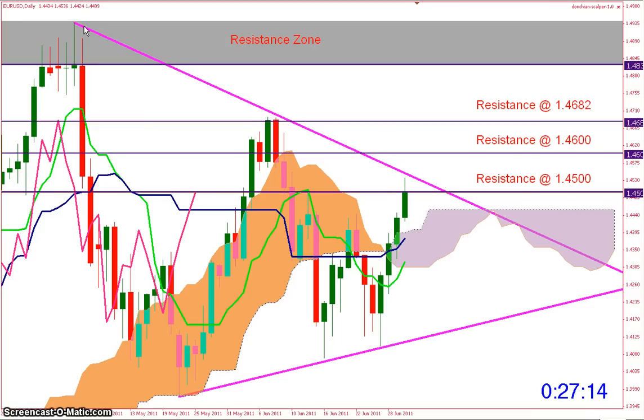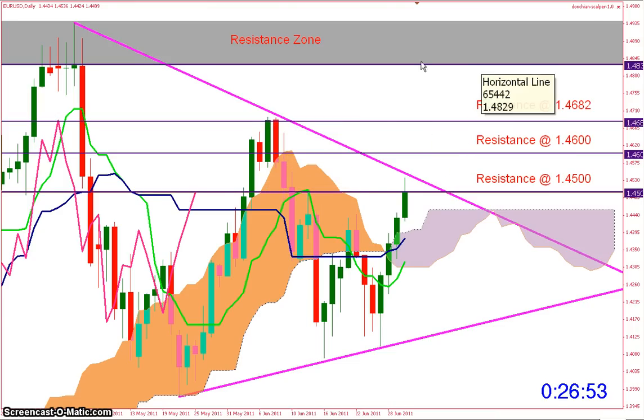And you also see this symmetrical triangle drawn in here, and we're pushed up against this upper trend line. We'd like to break this 4,500 and this trend line in order for us to have some real upside. You'd be looking at resistance at the 4,600 and the 4,682 level. This 4,682 is coming off of this swing high here, and we'd like to break that level, and then you may